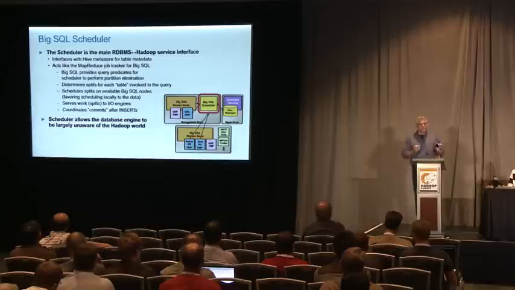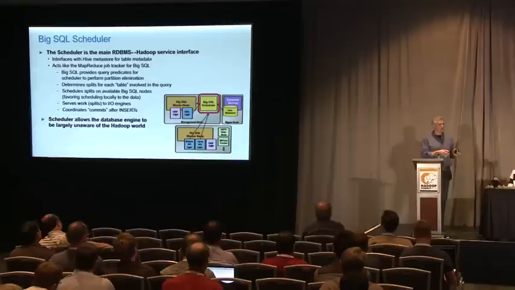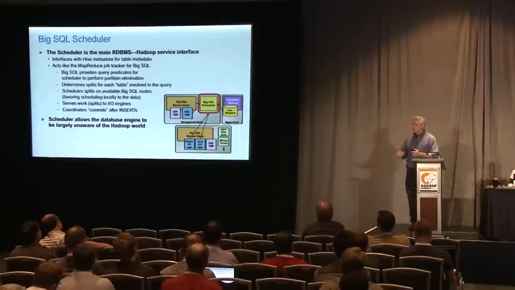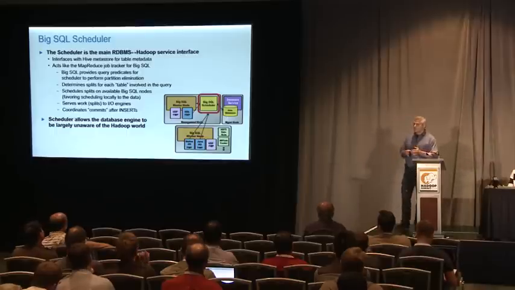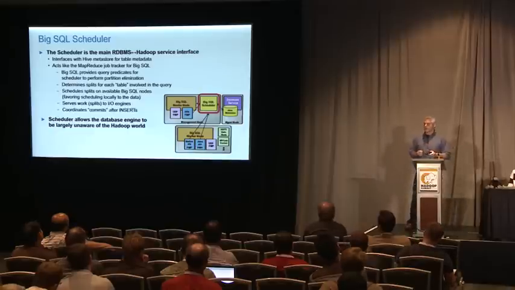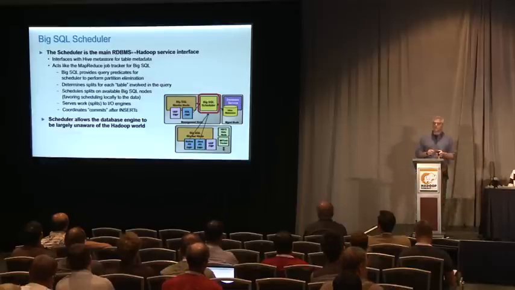What we'll do is take the name of the table and the static predicates that are applied, the search criteria, and pass that off to the scheduler. The scheduler will look at the table. Is it partitioned? Which partitions will apply? What splits, what's the data we want to read? Then it'll send a response back to the main engine saying, I want you to go read that table on these 5 nodes. And of course, it's trying to schedule local to the data whenever possible.